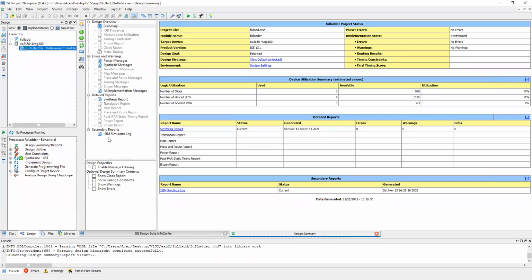To begin with any new project, now first we will execute the full adder. You first click on File.